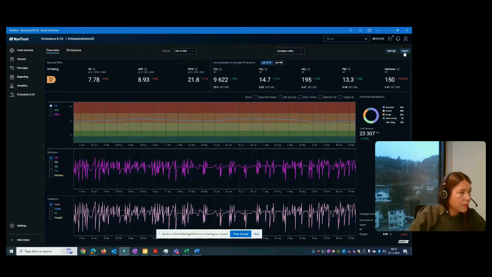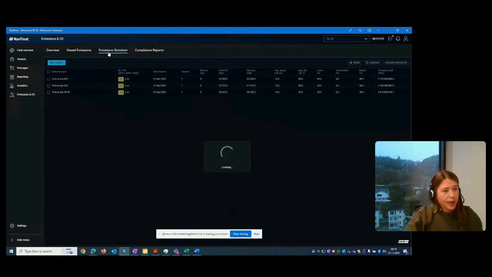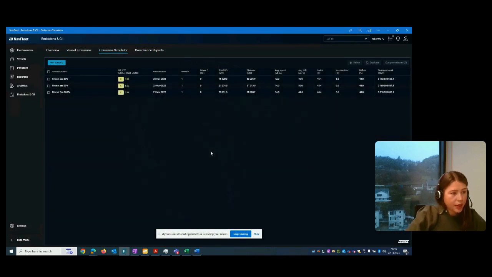And then coming back to the dashboard, go into Emission Simulator, which also is the big thing in this release. So here there already are some created scenarios. All the scenarios that you are creating can be saved, and you can name them accordingly. If you have a scenario that you are running in multiple varieties,